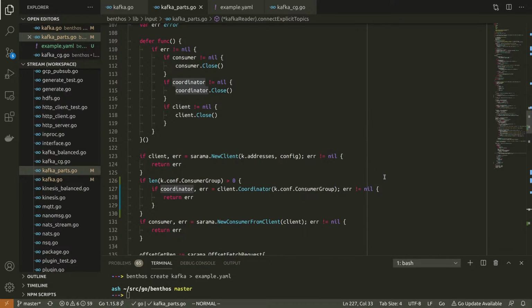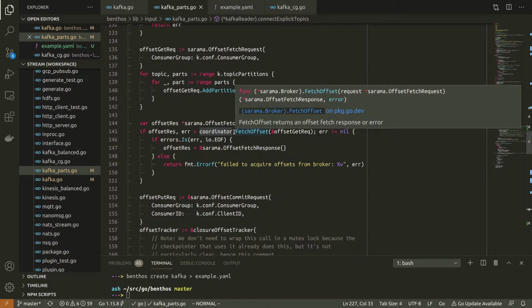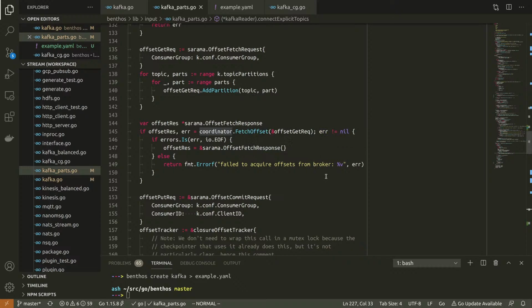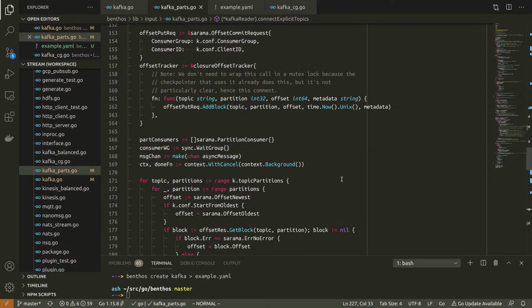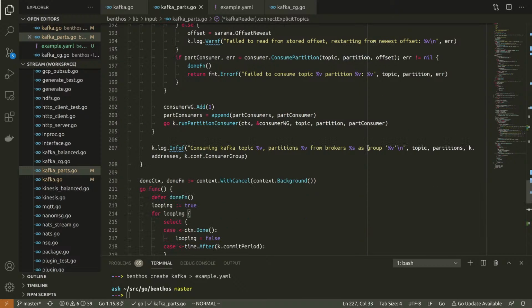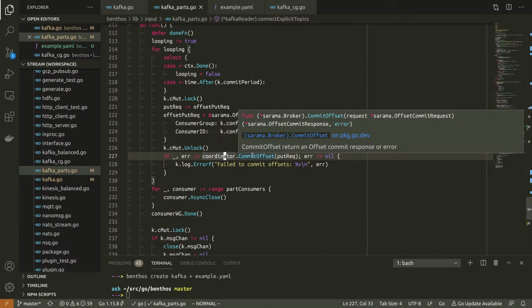The first is when we fetch the initial offsets, and that's pretty easy to gloss over. And then we've got a loop where we commit new offsets. We do that once here.